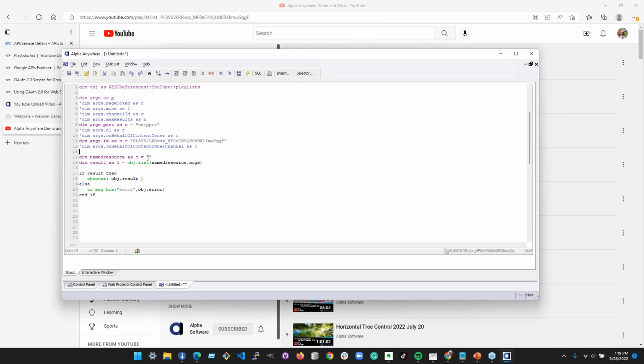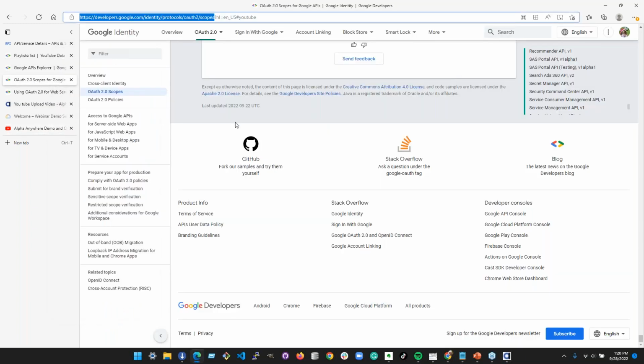And so this will then be called with the named resource we still need to create, and then this code right here will do a show bar and a UI message box. We're not going to execute the code here, and I'll explain why later. But if we go back to where I was going with the OAuth setup, that screen that we clicked through when we made that call where it asked me to choose my Google account and approve access to the caller to pull that data from the playlist, you have to do that in your apps.